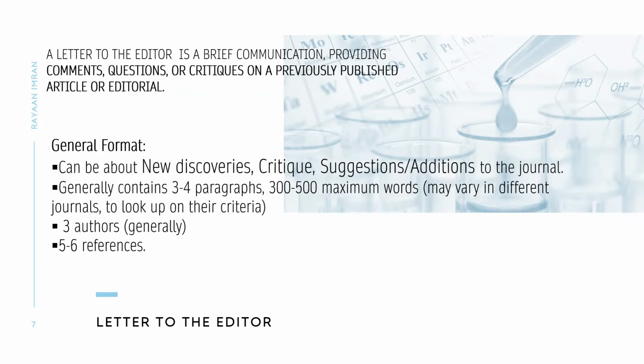Some people allow 500 words, some people allow 600 words, some journals sometimes even go as far as 1,000 words. You have to read the editorial policies, you have to go to the journals and read their policy criteria. Generally they accept 3 authors. Let's say I am writing an article with 2 other partners. So 3 people came together, we worked hard and wrote an article together, and we publish it. Generally 3 are taken. However, it can vary from journal to journal. Again, you have to look up that criteria.